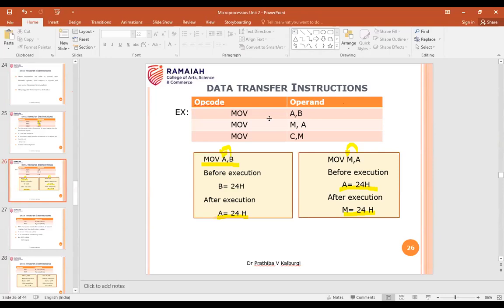Similarly, you have MOV B, A, MOV B, B, MOV B, C, and so on. Along with your M also, you have MOV A, M, and then MOV M, A, MOV M, B, MOV M, C till your H and L registers.